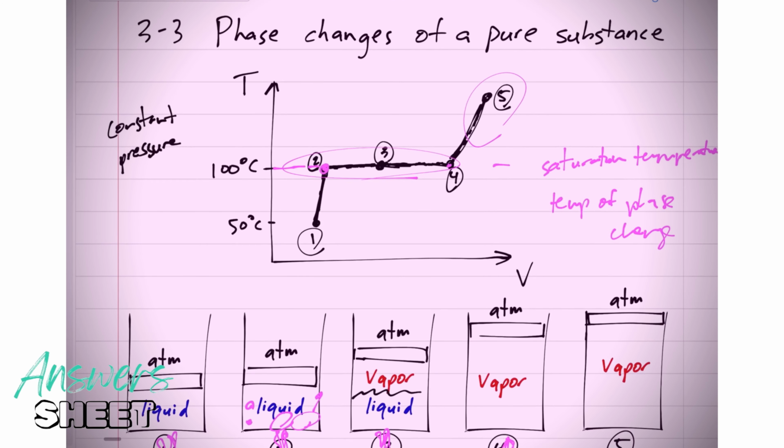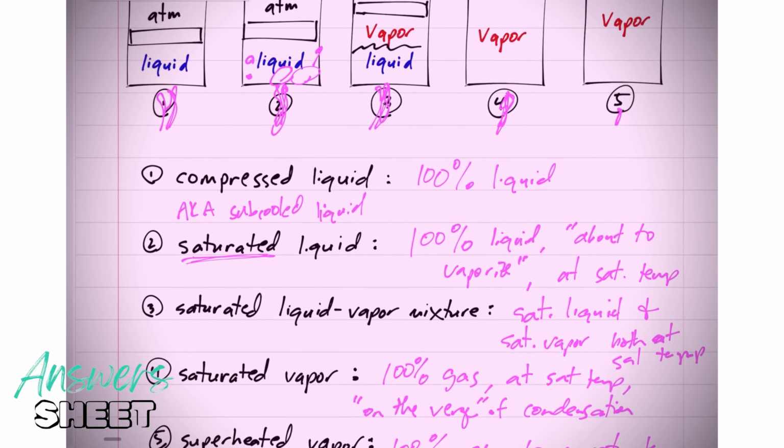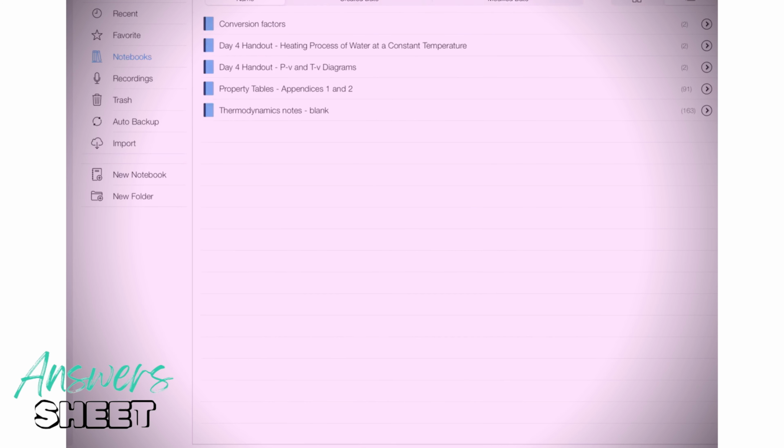Okay, that was one example. This is at one pressure, maybe atmospheric pressure right here. At a different pressure, it would have a different line. Maybe it's right here. At a different pressure, it'll have a different constant pressure line. All right, so that's a good page, but let's go to our handout.